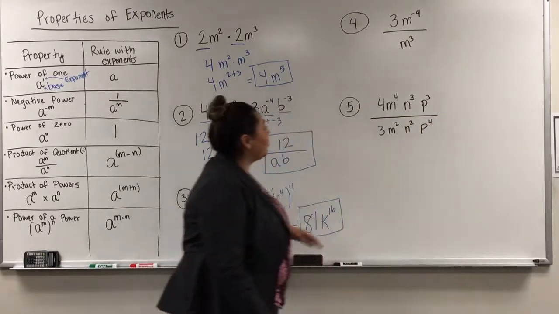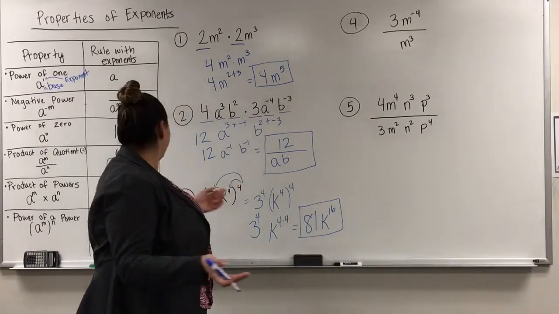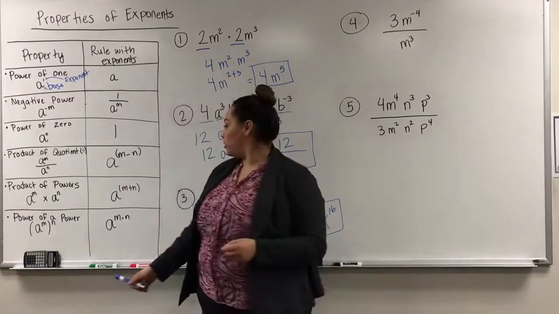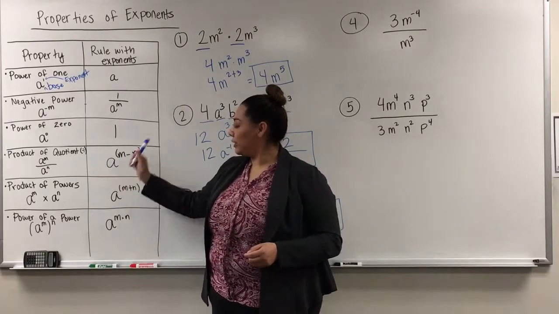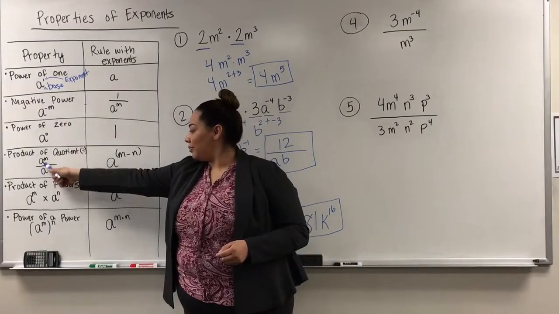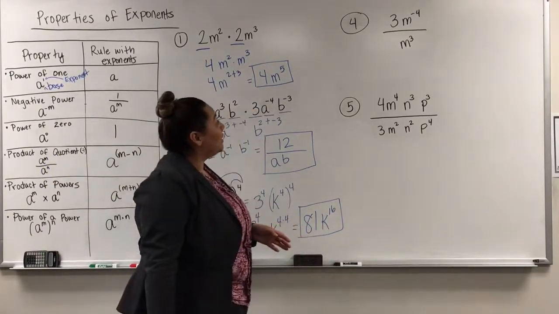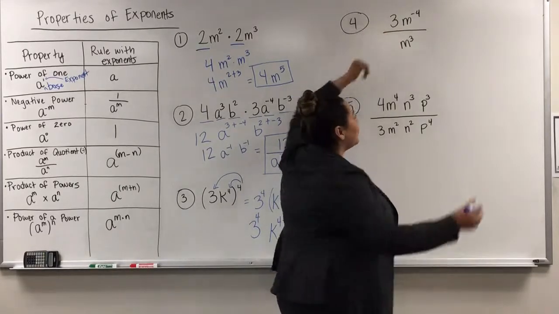Number 4, we have number 4 right here. We have a quotient, we have a fraction. Fraction means division. We are going to be using this property right here. That means that we're going to be subtracting the top exponent minus the bottom exponent as long as the bases are the same. So in this case, we have the same letter. There's only a 3. That 3 is going to stay in the top